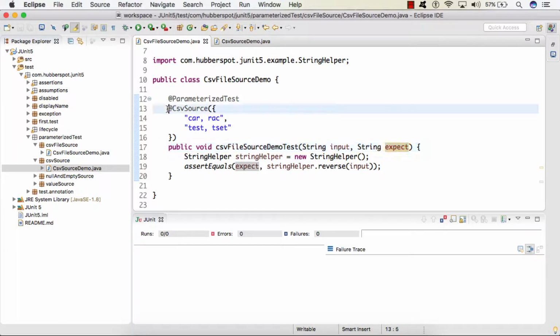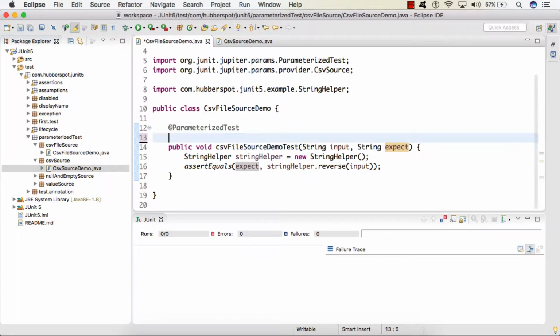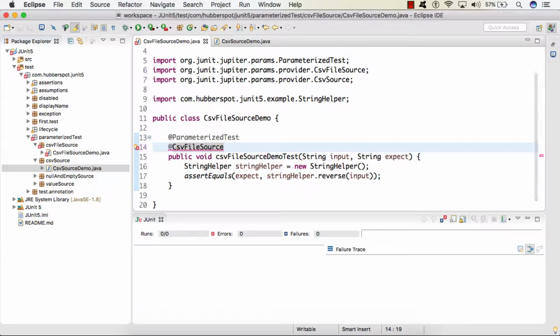So here instead of using this @CSVSource, we will be using @CSVFileSource. So this annotation, as the name suggests, requires a file which is of type CSV.